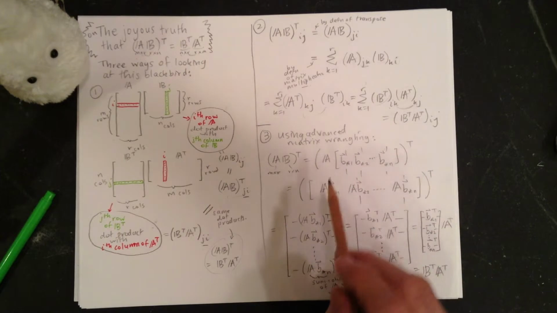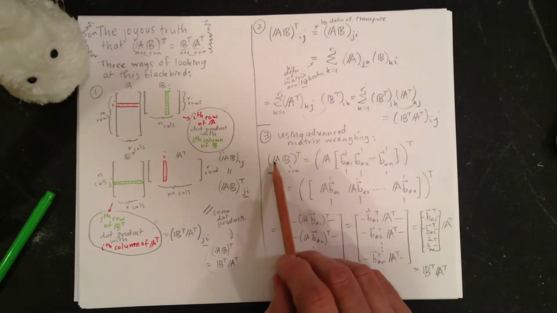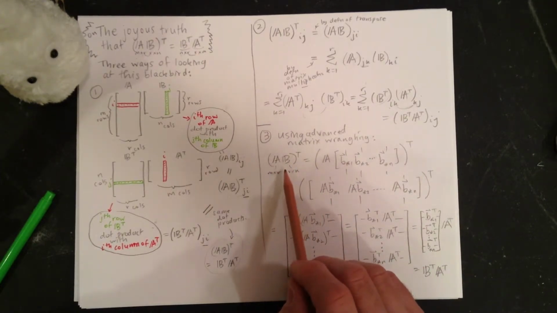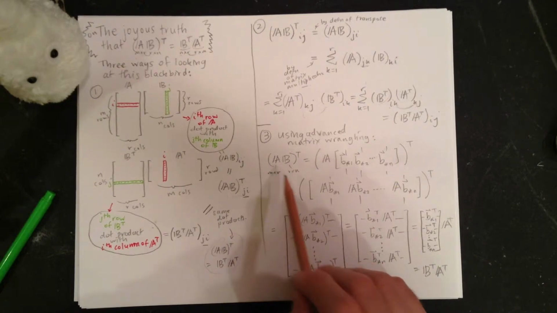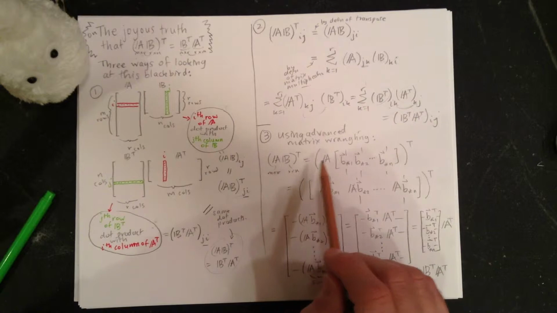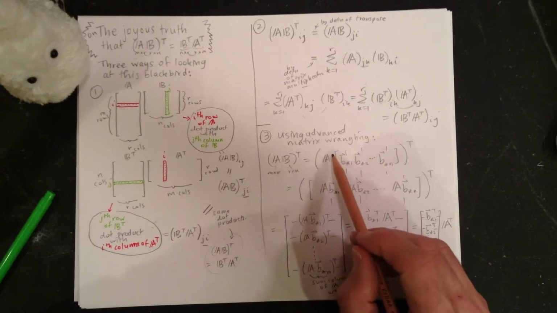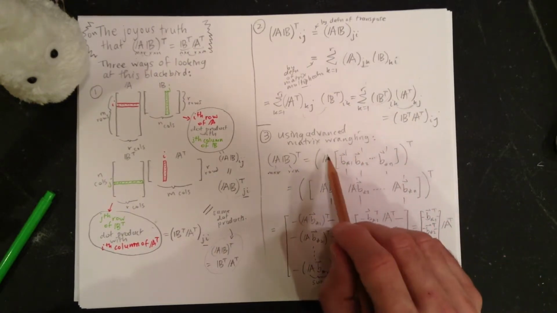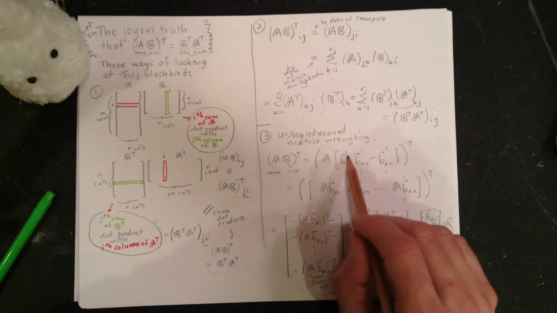It's good to think of multiplication in these kinds of powerful ways. In general, we have these two rectangles multiplying each other. They have to match on the inner dimensions. AB transpose, let's start off with that, and let's mess around with this thing and see what we end up with. So, in a previous video we talked about this, so we can write this as A, and then separate all the